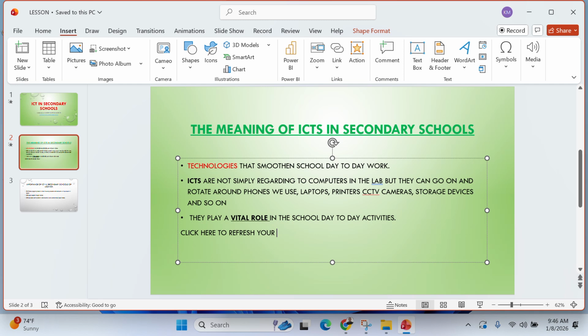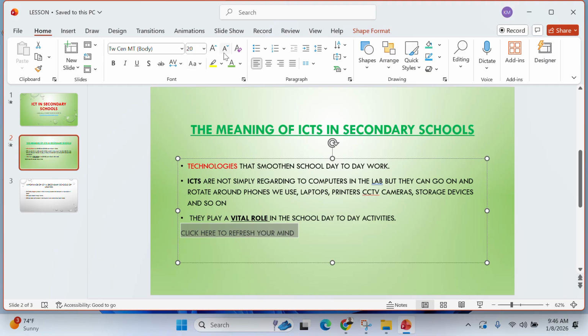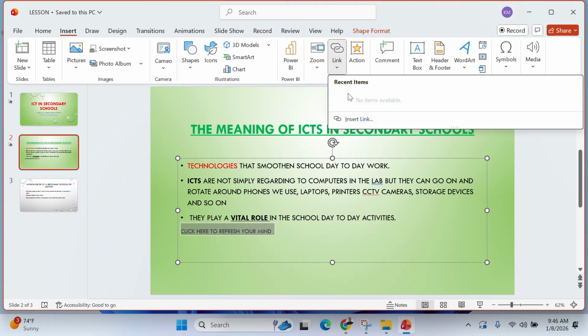Click here to refresh your mind. After someone has read that, they can click that to refresh their mind. I can highlight this. I can give it a smaller size because I don't want it to overflow my work. And then I go to insert, I locate link here, and then